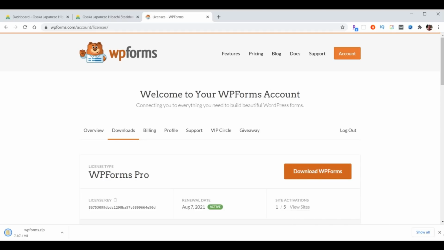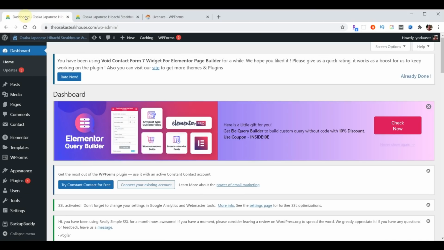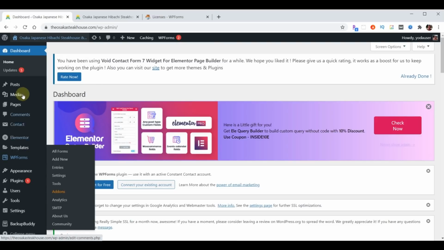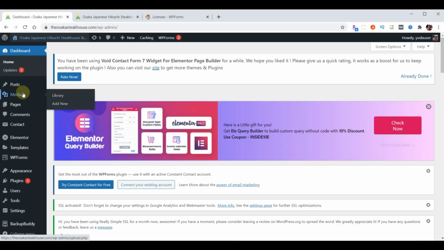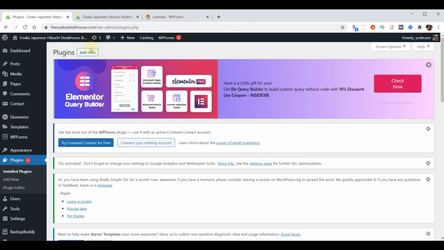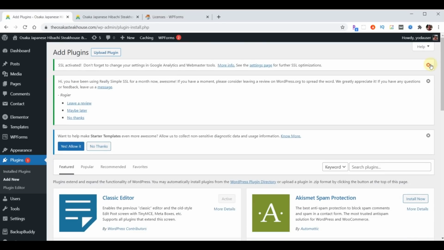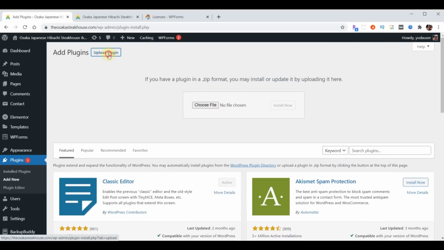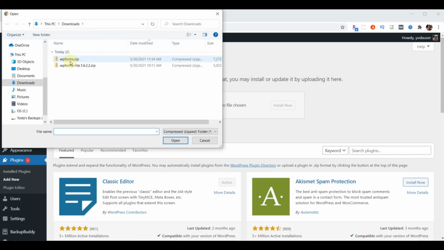Once that download's complete, I can close that, and I can come back to my admin. And notice this already has the Lite version installed for this, but we want to install the Pro version. So we're going to go to Plugins, Add New. And sometimes it'll look like nothing's happened, and that's because all this advertising's in the way. So I'm going to close some of this advertising just to get it out of the way. Now I'm going to click on Upload Plugin, choose File, and there's the paid version. We'll click on Open,